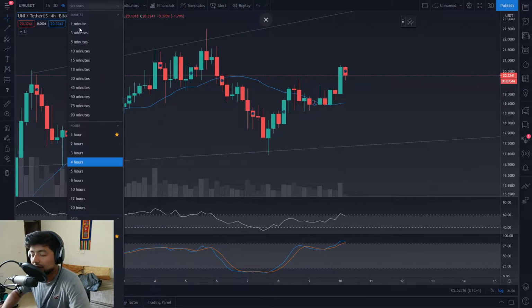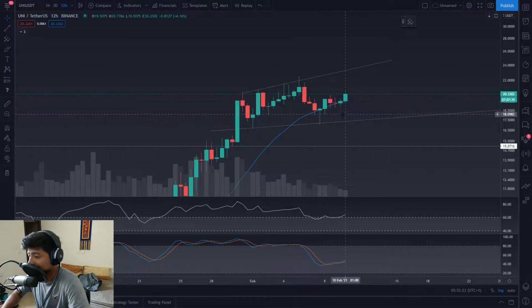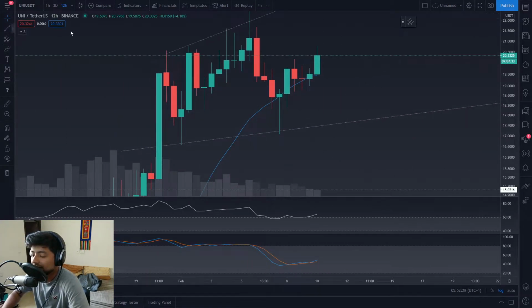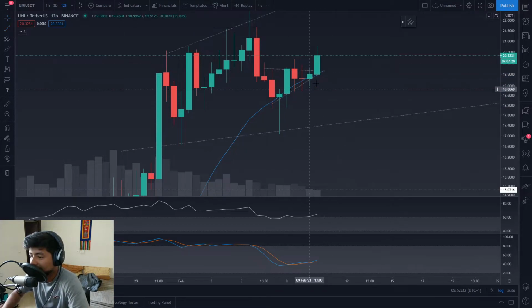Okay, so the 4-hour time frame is certainly looking okay. On the 12-hour time frame, yep, this was a simple pin bar retest right here, coming off of the 21 simple moving average, currently having a follow through, getting reaccumulated in a little bit of a triangular-ish pattern right here and breaking above.